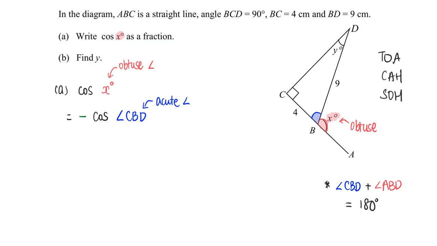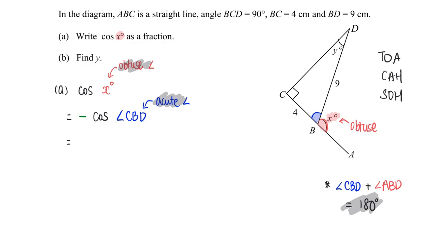When these two, obtuse and acute, add up to 180 degrees, then this happens. And therefore, for this particular question, if I apply my TOA CAH SOH by looking at the acute angle now,